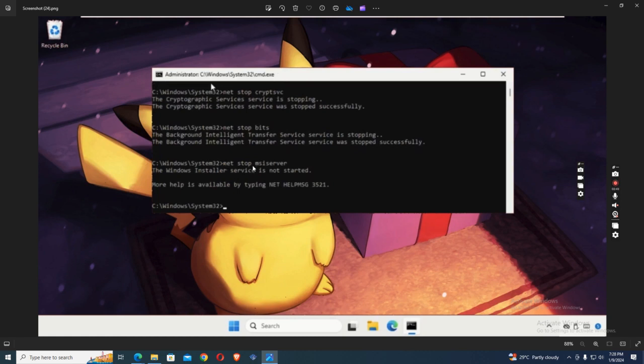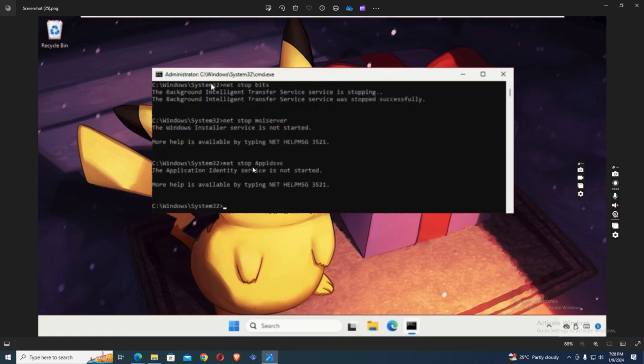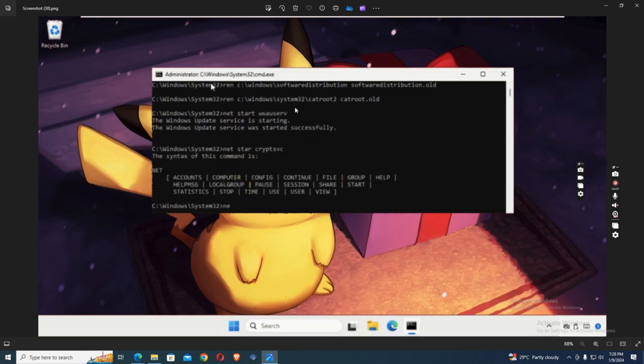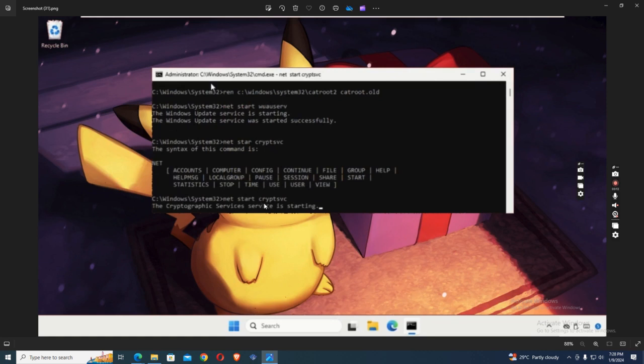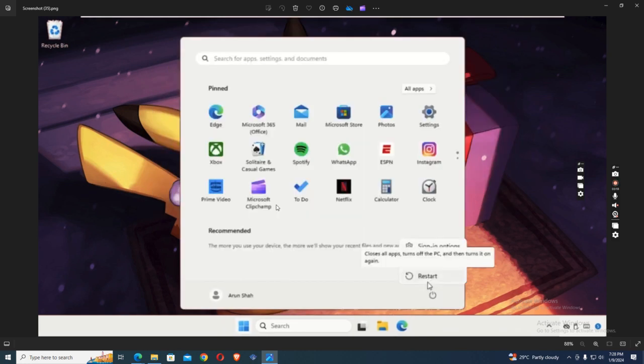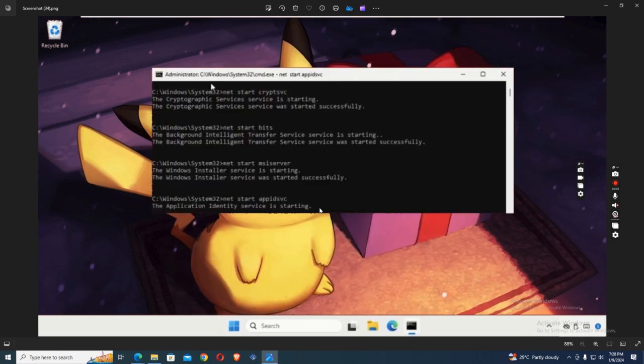Next is net stop msiserver, net stop appidsvc, and then click here ren C:\Windows\SoftwareDistribution SoftwareDistribution.old, and then same here as you can see on the screen, and then net start wuauserv, and then net start cryptsvc, net start bits, net start msiserver, net start appidsvc, and then once you're done with that,